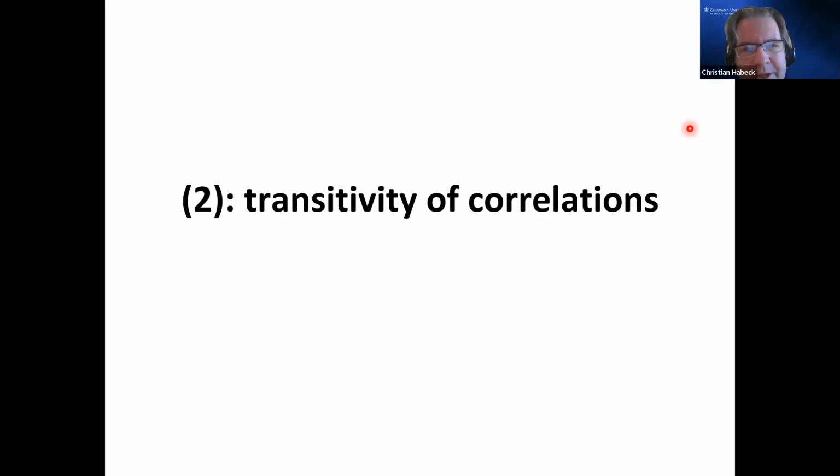So the next one I really love because it's very easy to explain, and this is another one that I have heard many times. You don't hear it in print very much, but I've heard it implicitly in a lot of reasoning where people reason about the behavior of two variables to one another and how they behave relative to a third variable. Often people will make spoken inferences. This is the transitivity of correlations, right? That's the fallacy.